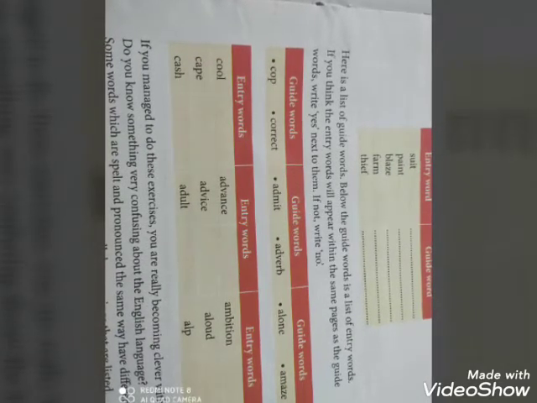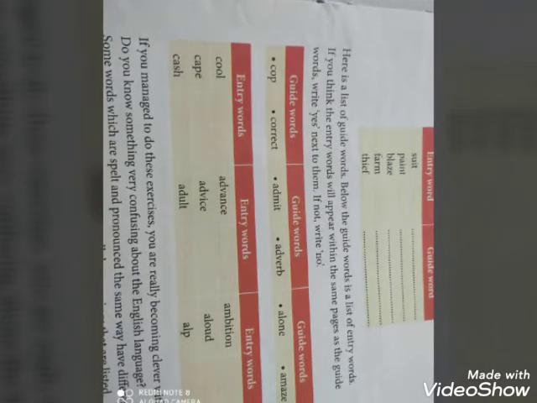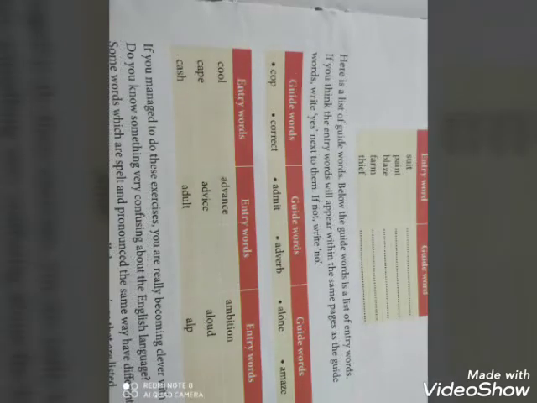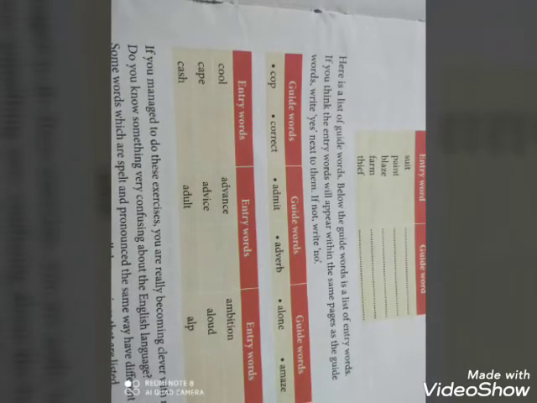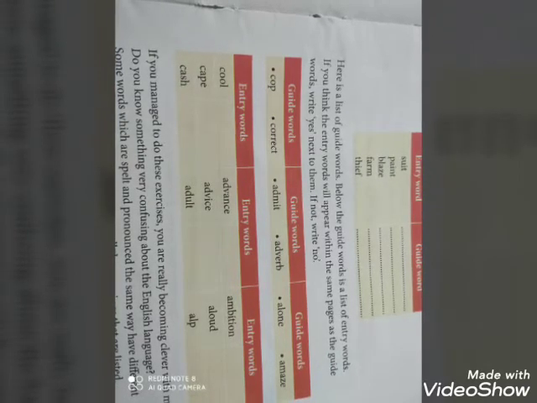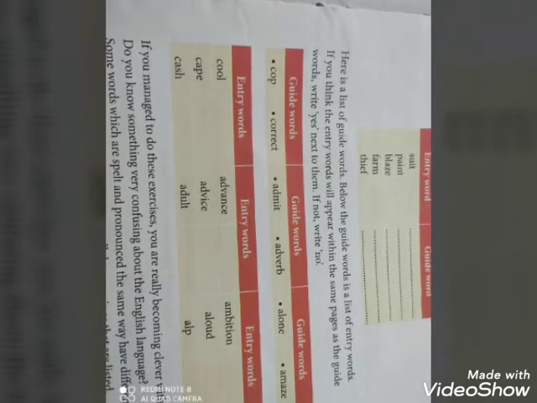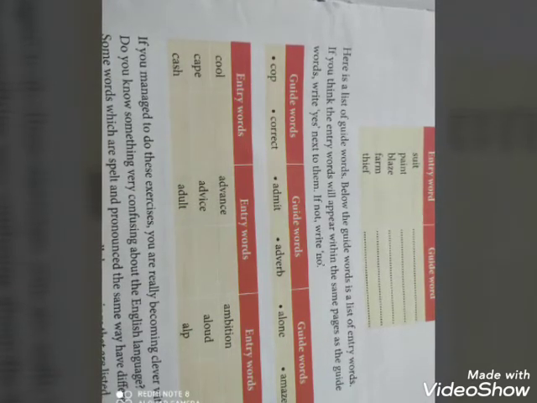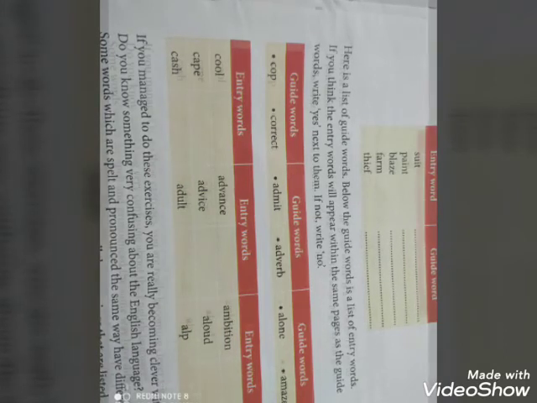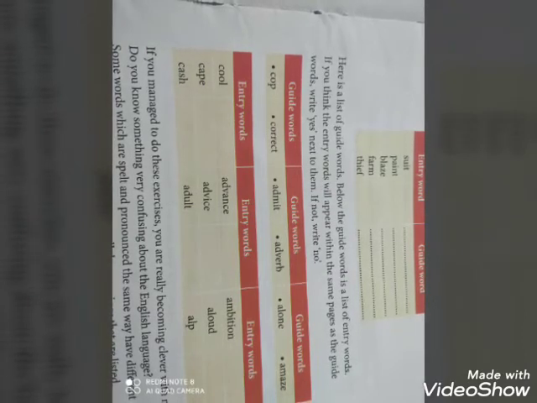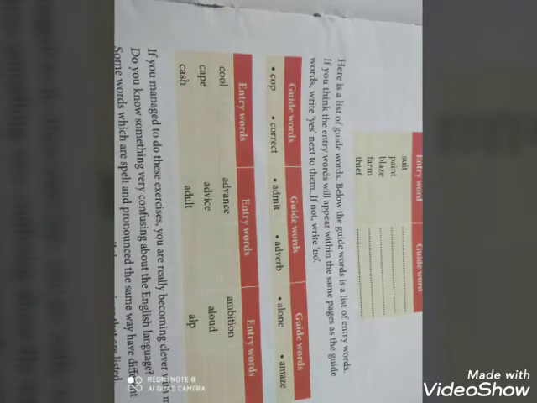Okay, and one more thing, the last thing about this chapter is the root words. They are words which have nothing added in the beginning or at the end. Example, cheated. If you want to find cheated, you will not find it in the dictionary. Instead, you have to look for cheat. If you want to find the meaning of fatter, first you need to find the word fat, and so on. If you want to look at the word closest, you need to find the word close.